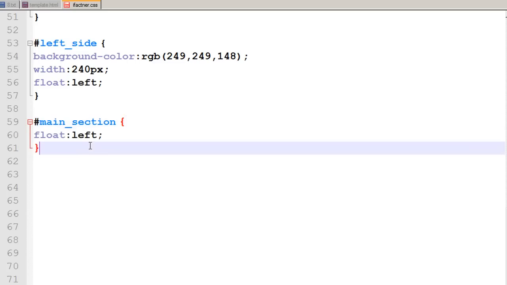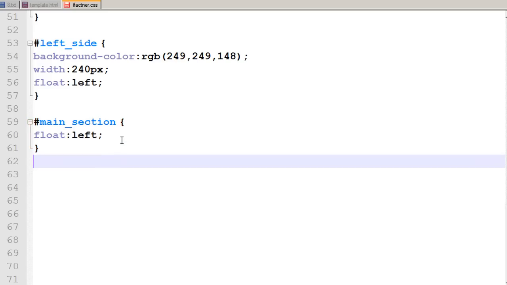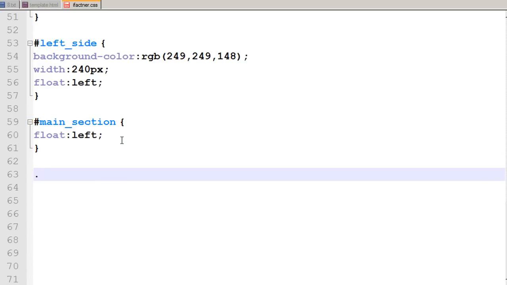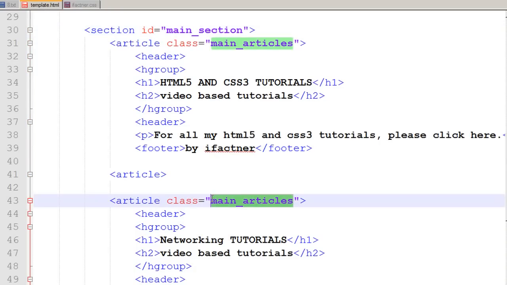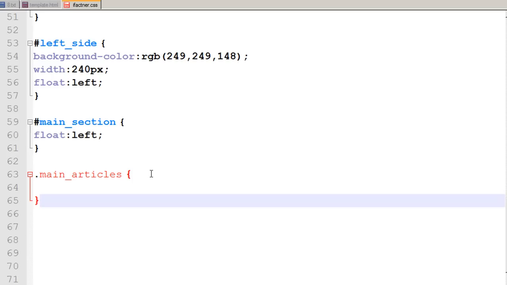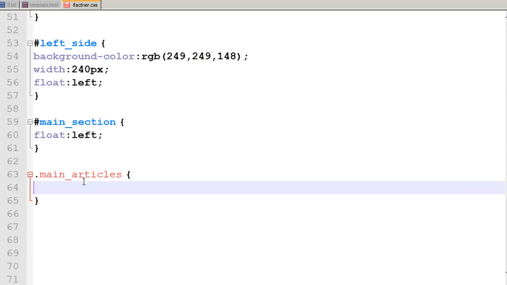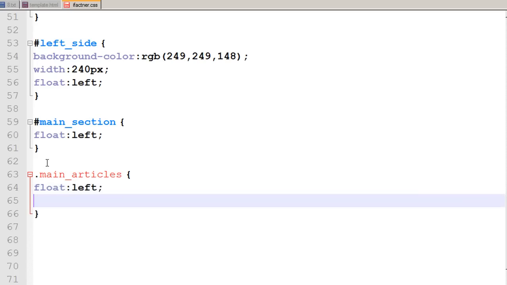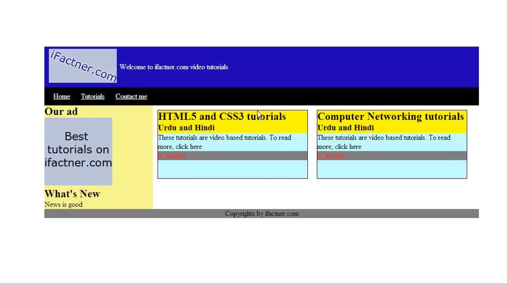So that means that we can still use 960 minus 240 pixels, and 960 minus 240 pixels is equal to 720 pixels. So now I have referred to my section, and after that I refer to my class, and to refer to my class I would use dot and my class name, that is main underscore section dot main articles, and I would like to float them towards left, and now I would like to give a padding,